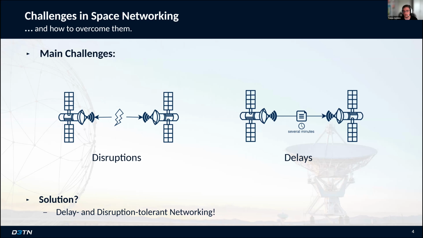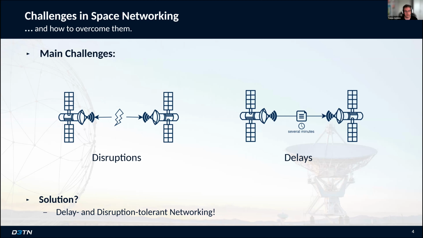The second point, delays, is especially prevalent if we're looking into deep space missions. So, for example, if we want to send a command to a node on Mars, in the worst case, this is going to take 22 minutes for a single trip. So if you, I don't know, want to fetch some data, you send the command up, this takes 22 minutes. Your rover or your satellite around Mars will process this request, send it back. This takes another 22 minutes. So we're looking at a 44-minute round trip time, which is also not quite nice for TCP/IP and also not